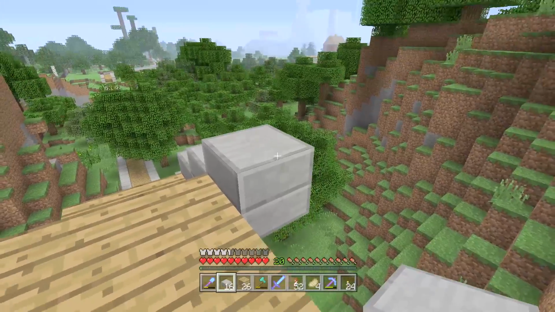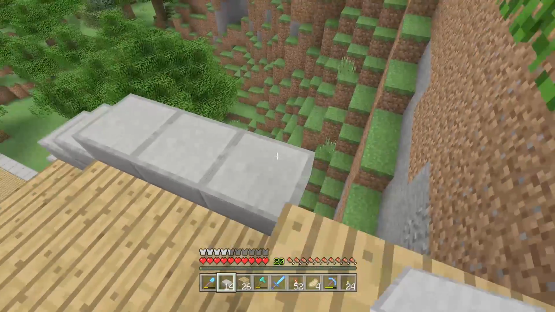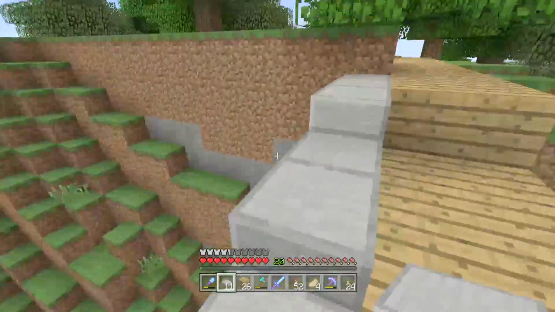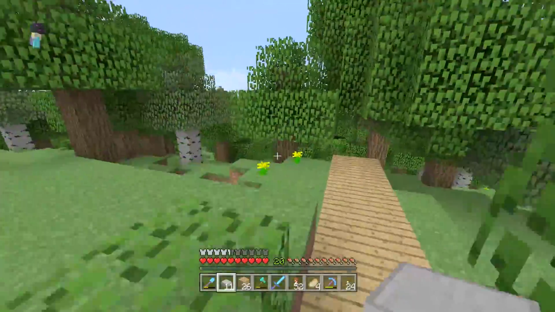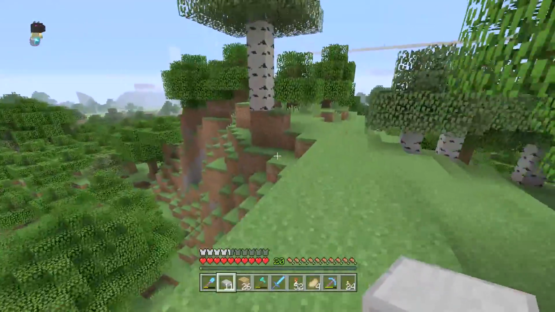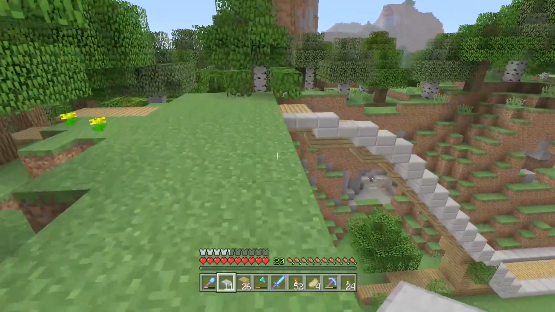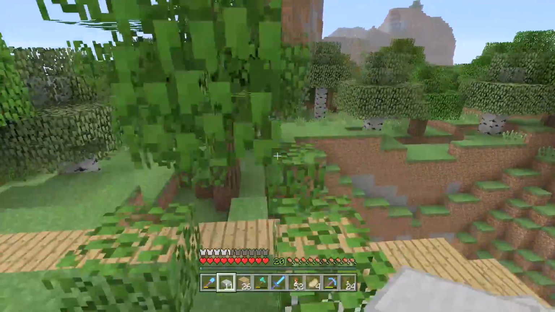So there we go. Then we place a few over here. Place that up, and now we have a little bit of a half slab thing. So we're going to look at this from the side again, because that's where it's kind of important, both aerial view and from the side. But as you can see, it's kind of nice. So this bridge has been super nice,